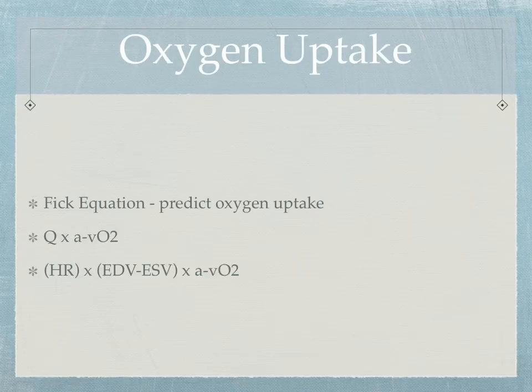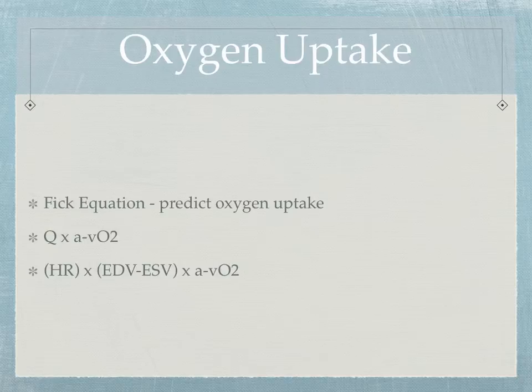Because of the amount of oxygen our muscle uses, we need more oxygen to produce higher levels of effort or exercise. And so we can predict the oxygen uptake by the formula cardiac output times the AVO2 difference. Cardiac output is the amount of blood that we pump out of the heart in a minute, versus the amount of oxygen that the muscle is actually using, which is a reflection of the oxygen uptake or the amount of